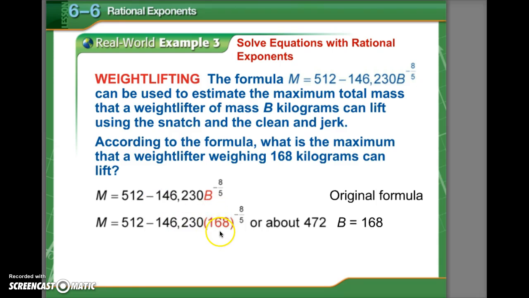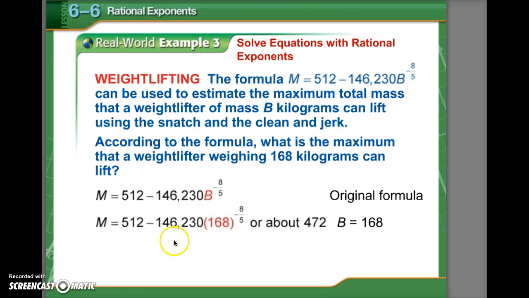So we've plugged in b right here, and it looks like they just took this whole thing and plugged it in the calculator. And you're welcome to do that, but if you wanted to do it by hand, you would first find the 5th root of 168. I'm going to pull out my calculator real quick. You guys can't see me doing this, but